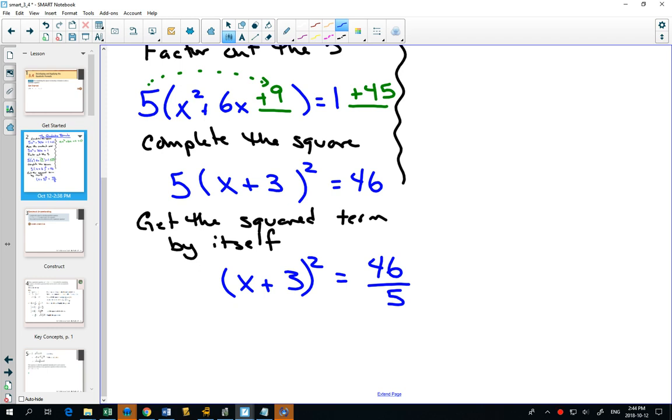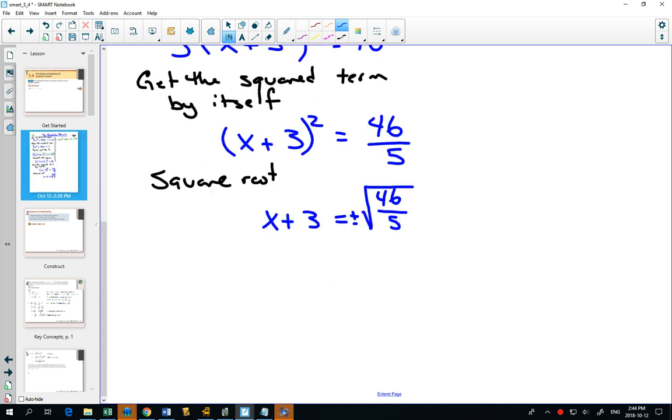And now square root. Remember the plus or minus. Finally,